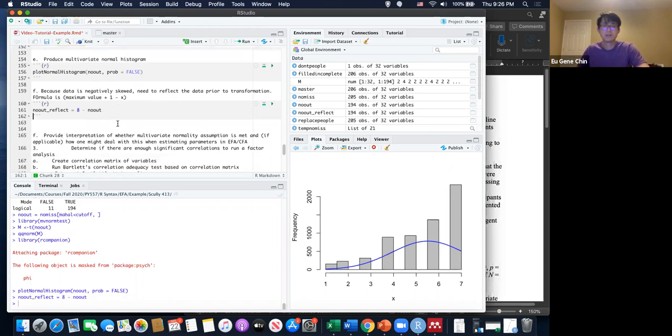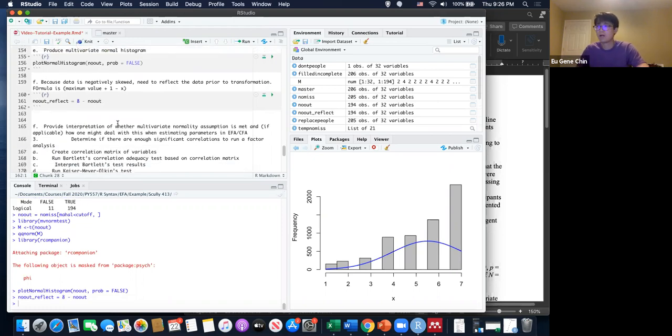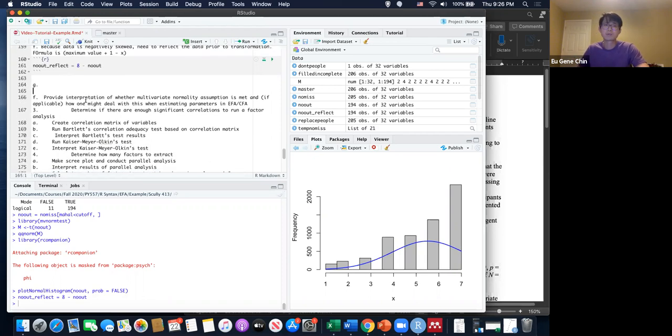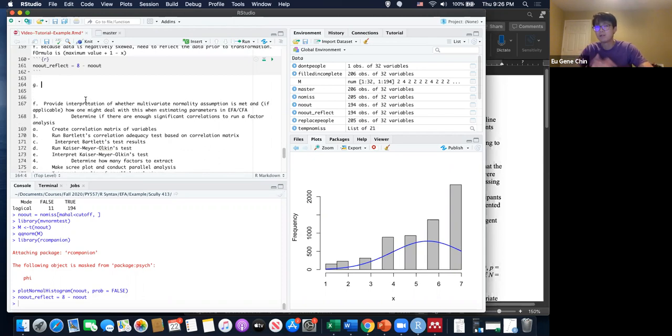So basically, turn everything the opposite. And then the next step would be to apply the transformation. A square root transformation is less extreme compared to a log transformation. So we're going to do a square root transformation first. So apply square root